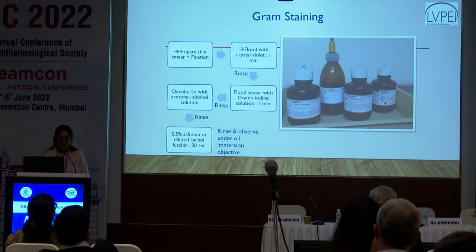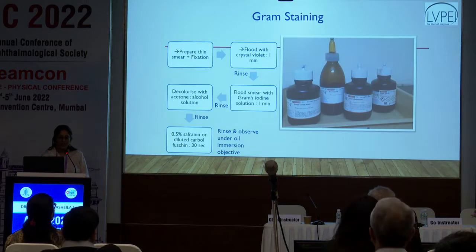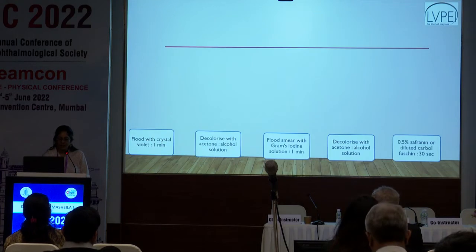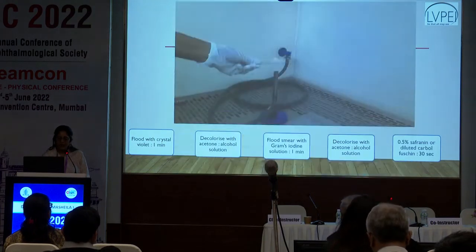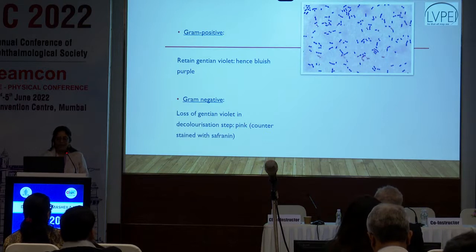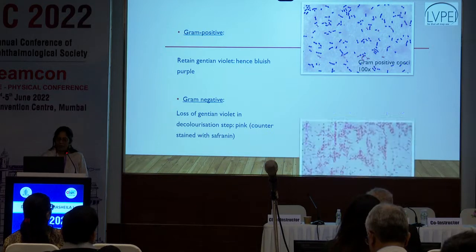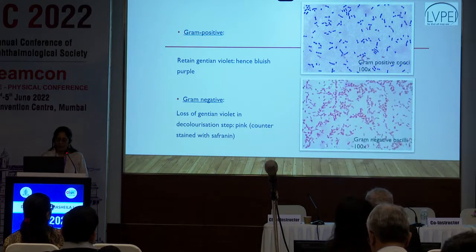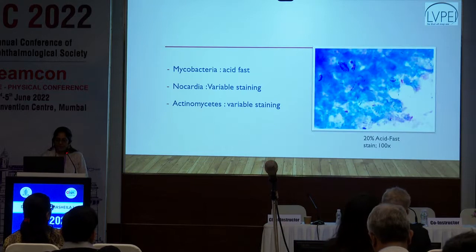I won't go through gram stain. This is very basic, but it's very interesting. Some of you may recall doing it, at least those who've done cornea training. So it's a very simple way of doing this. I'm not going through it. But the information it gives is very valuable. You can have gram-positive organisms, gram-negative organisms. So you know which track and what set of antibiotics you have to start for these two groups of patients. So this is gram-positive and gram-negative bacilli.